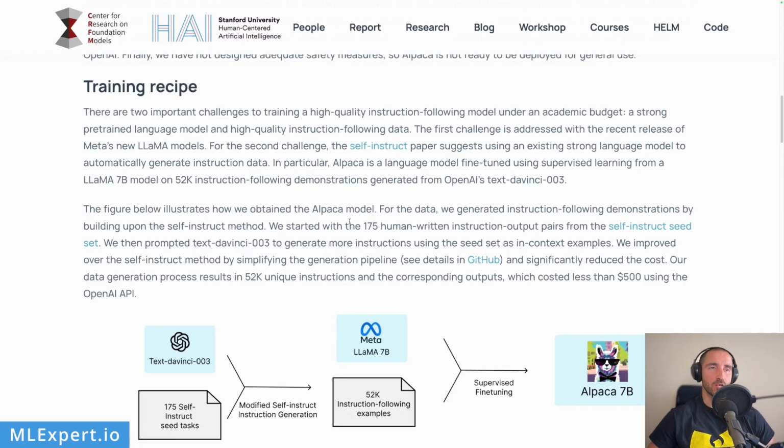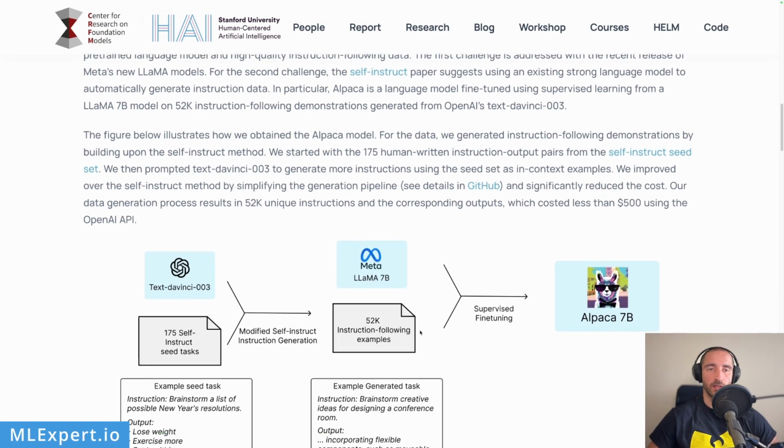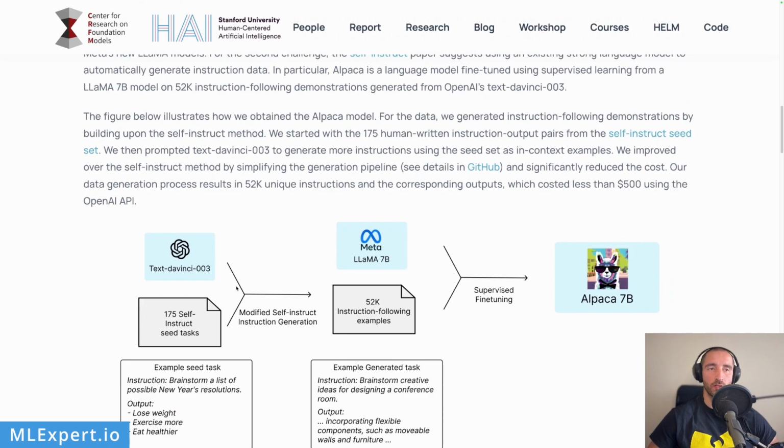So this is pretty much the way that Alpaca model authors from Stanford used the 52,000 examples